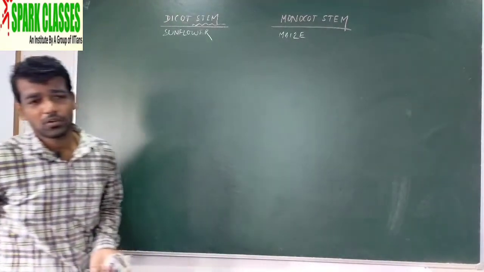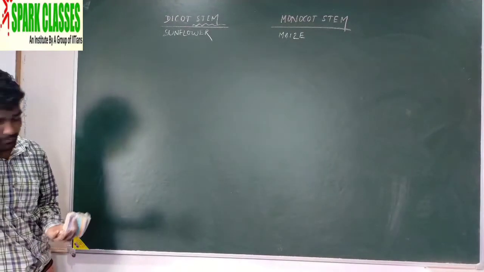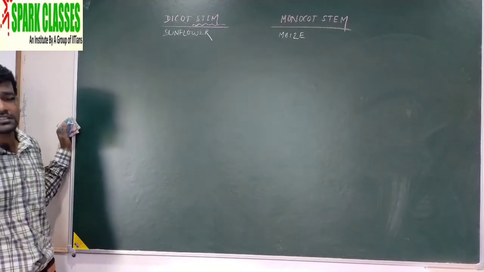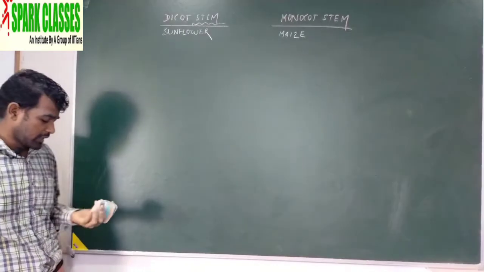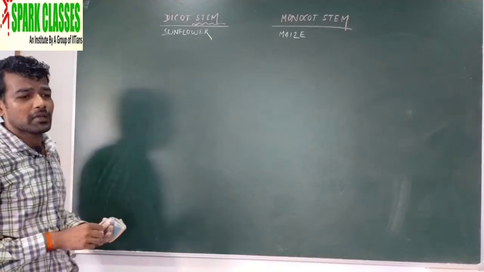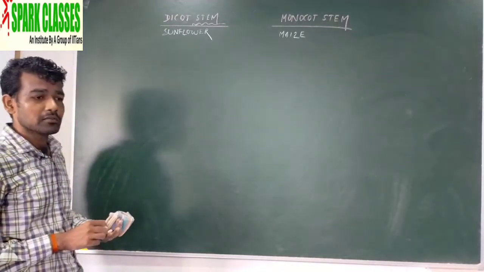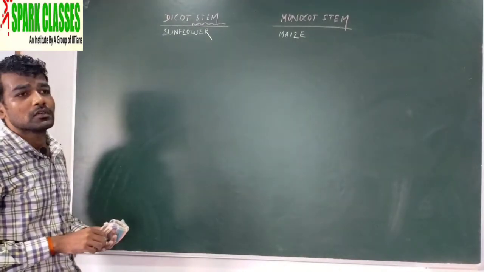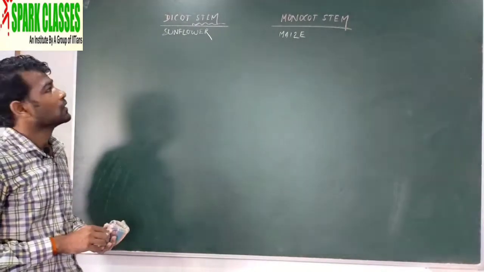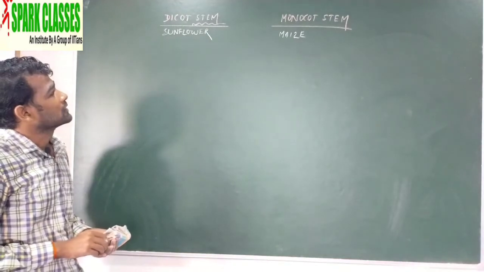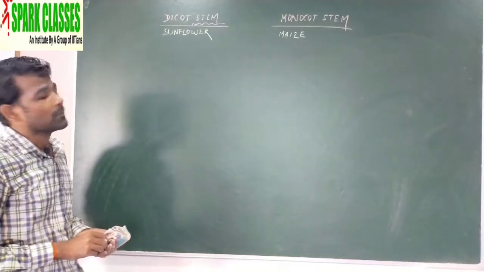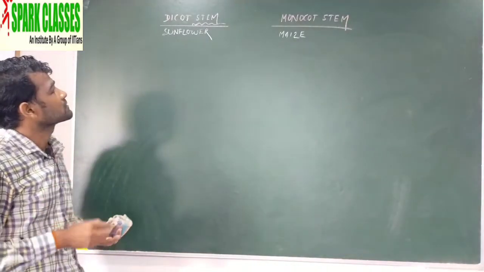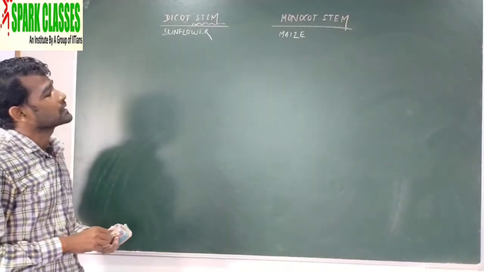Okay, so your question is reaching late and I am unable to get it. Please clearly describe the question such that I can explain to you. Okay, someone asked about labels. So what is that? I am unable to get it. Labels once again. So dicot, label means the namings or whatever. So please mention clearly. So dicot stem and monocot stem.